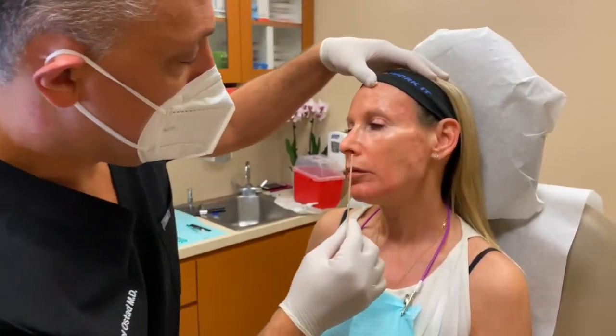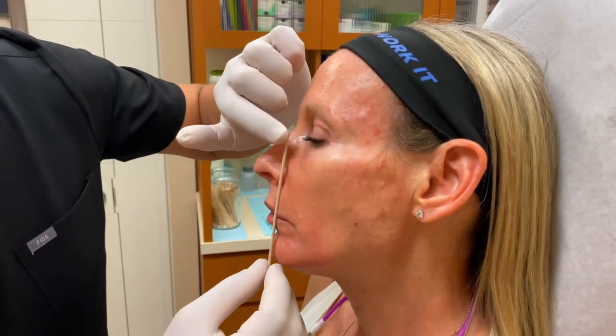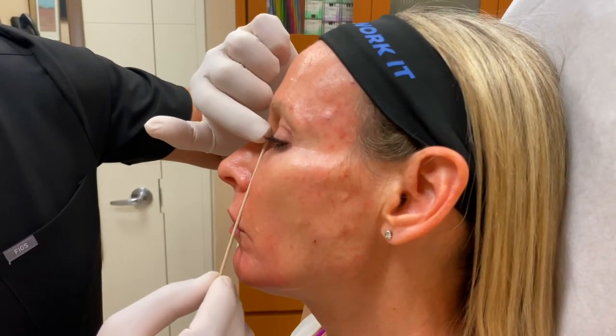She's had an upper blepharoplasty elsewhere a couple of months ago. The other thing that I just wanted to show you is how her angle is really better. As I was mentioning to you, if you draw an imaginary line from the root of the nose down to the chin, there should be a line where the points meet. So here,